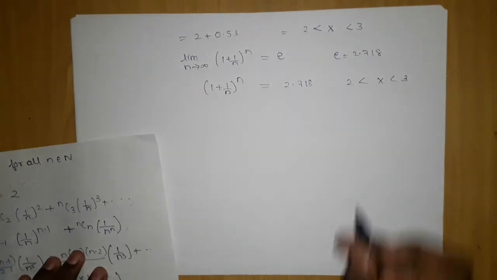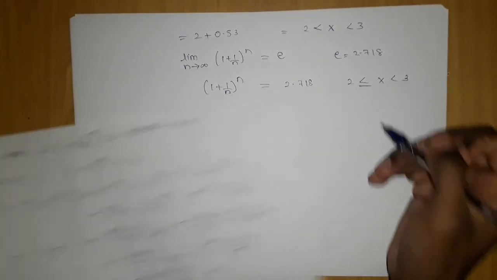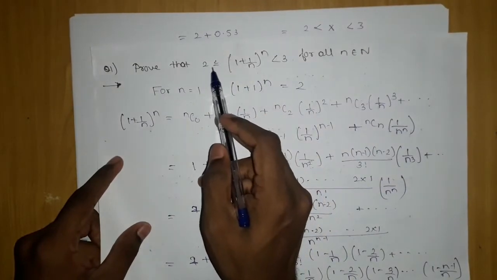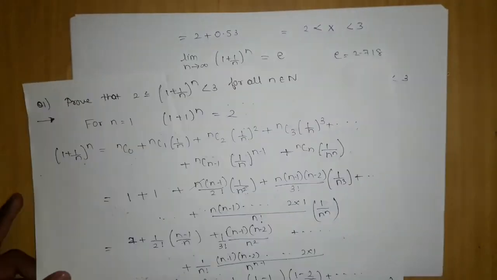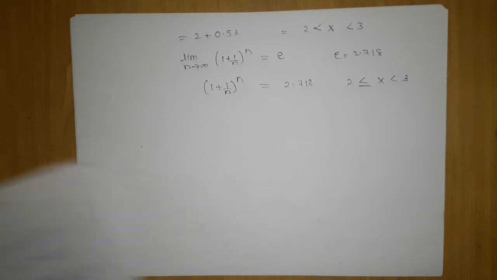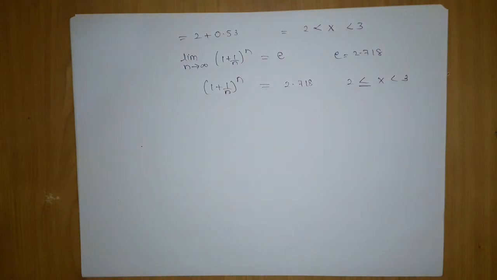Its value will be greater than or equal to 2, that is for sure. So that's why it is said that 1 plus 1 by n power n is greater than or equal to 2 but less than 3. Now this is an information-type thing which teachers mostly tell students to just remember, since it will come in more detail in limits. But since it has appeared in binomial, I am going to tell you, because we are going to do a question of this type. So let's see the question.